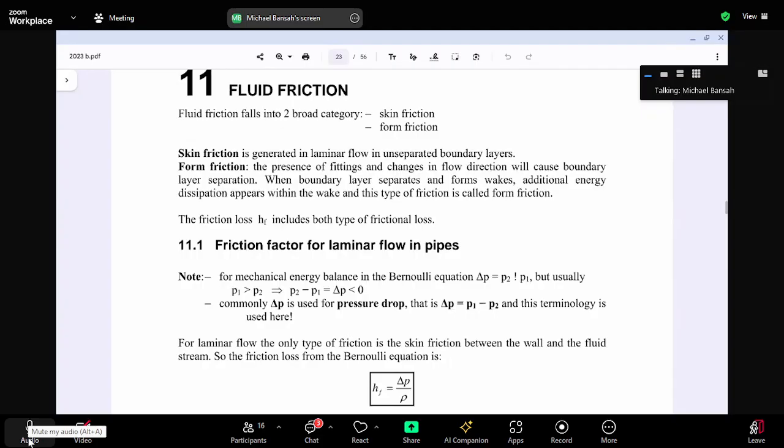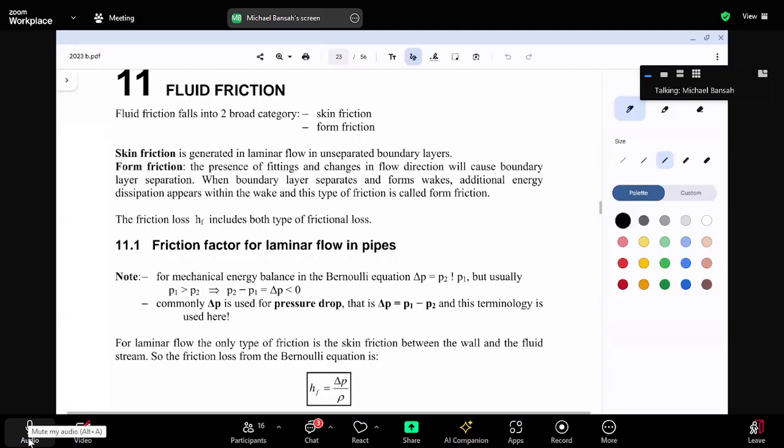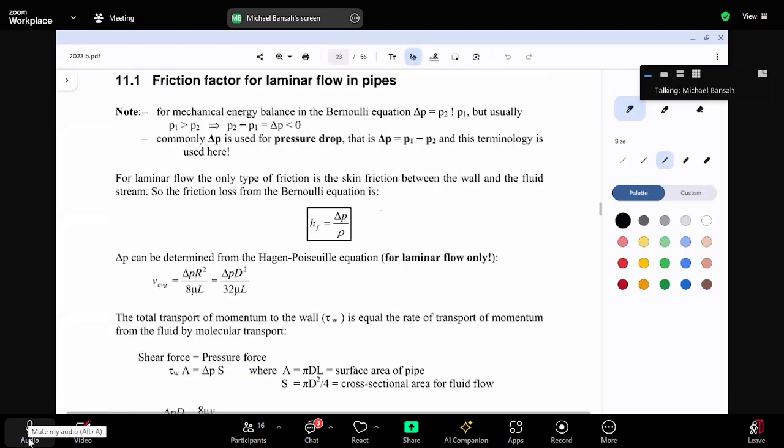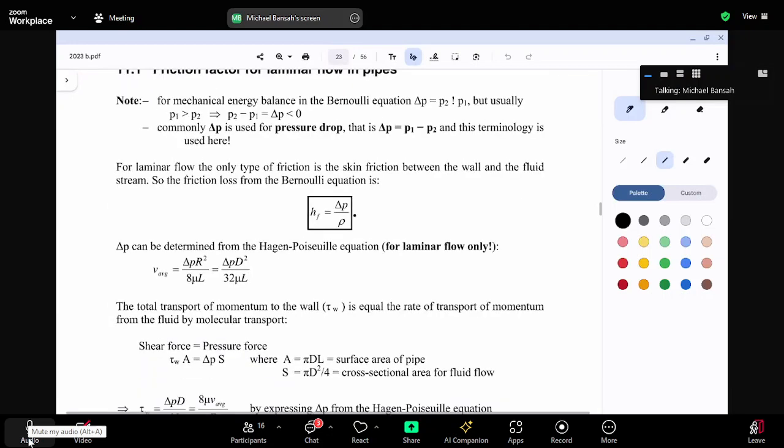There are two kinds of friction: skin friction and form friction. Skin friction occurs usually in laminar flow. Form friction occurs usually in turbulent flow. And one thing you have to note is they all have different formulas for their representation. Yesterday we looked at this, that is for laminar. There is also this formula,